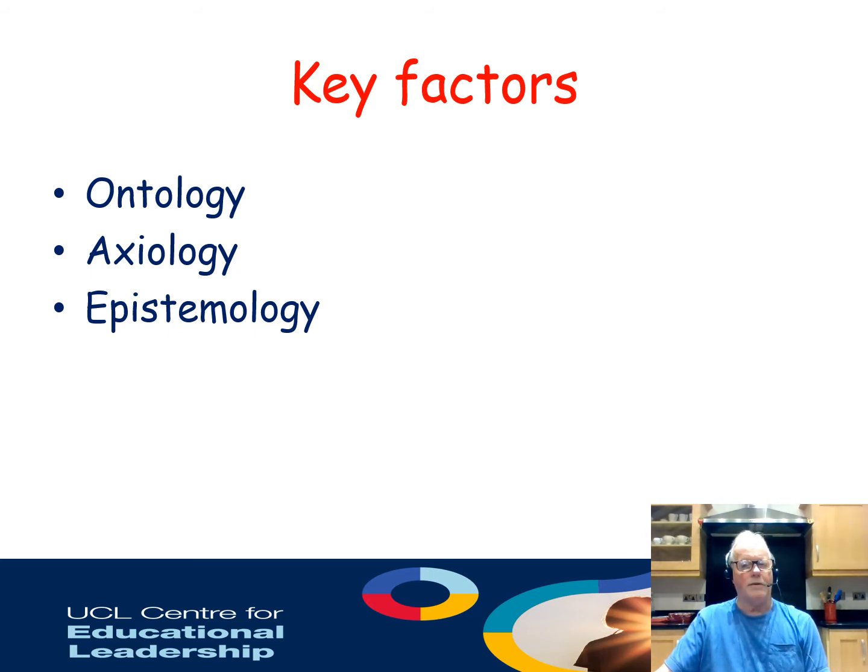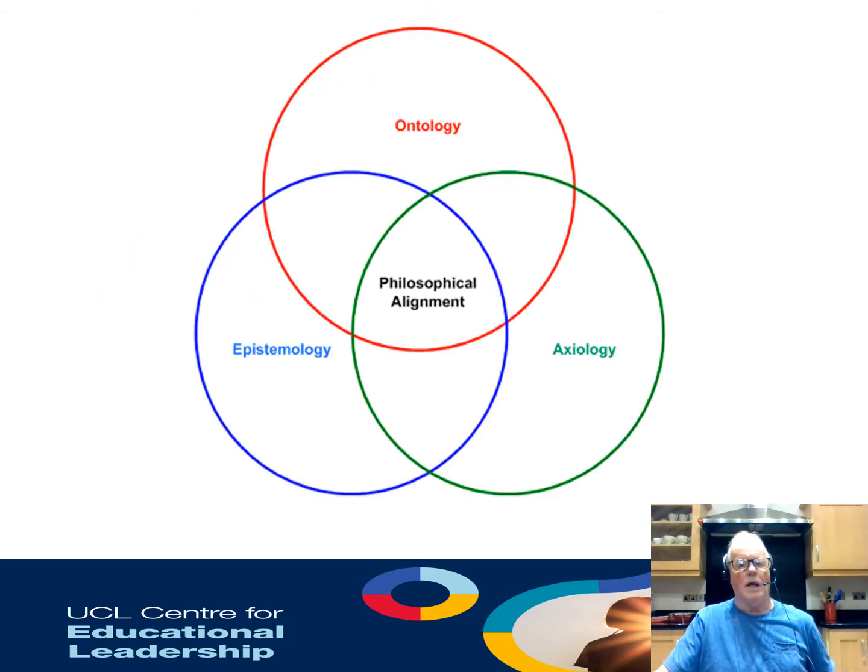Recognize where you're coming from and say, does it influence the way in which I see the data, the way in which I understand what's going on? Okay, so that philosophical alignment which brings together ontology, axiology and epistemology is where you as a human being exist. And it's very rare that you're going to find everybody has exactly the same or anywhere near your philosophical alignment, because you are unique and they are unique.